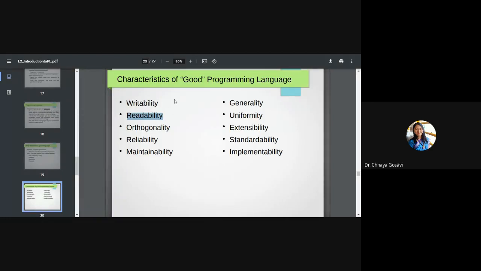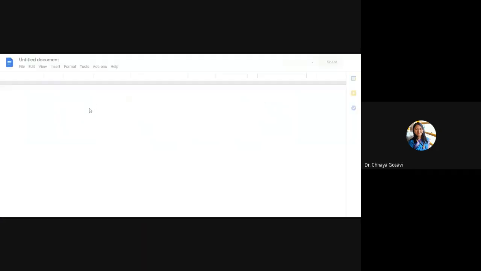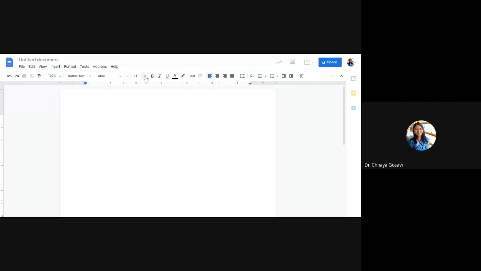As the name says, a program should be more readable. I'll give you one example. In a programming language called PL, there is a statement like this.